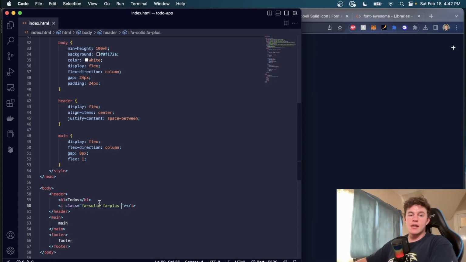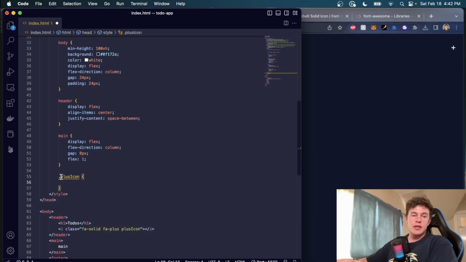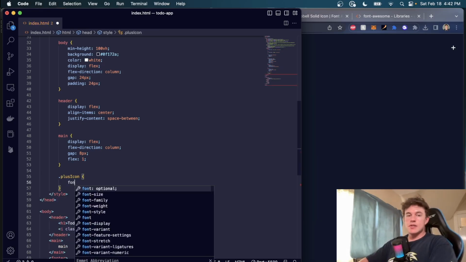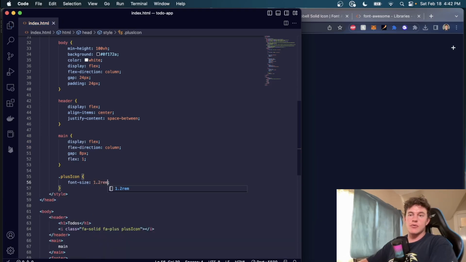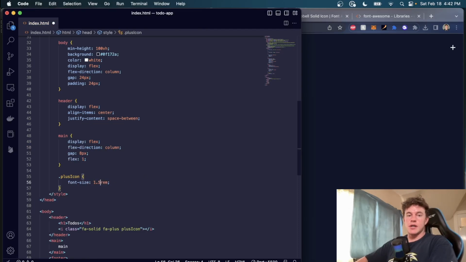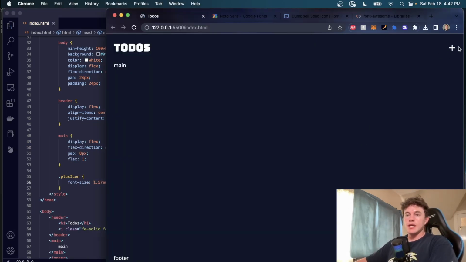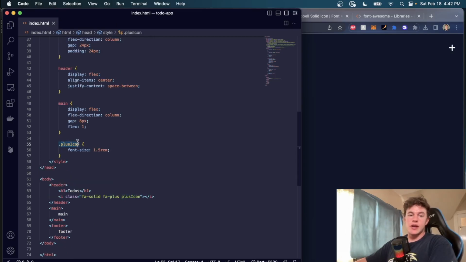We can add another class name by adding a space and inserting that there. So we can just say plus icon. We can target it up here. And now we can select things and style them based on their class by using a period. In this case, I'm going to target the font size of the icon and make it 1.2 rem. We can see that boosted it up a little bit. Honestly, we could go a little bit higher. Let's say 1.5. Now we have a nice big icon,